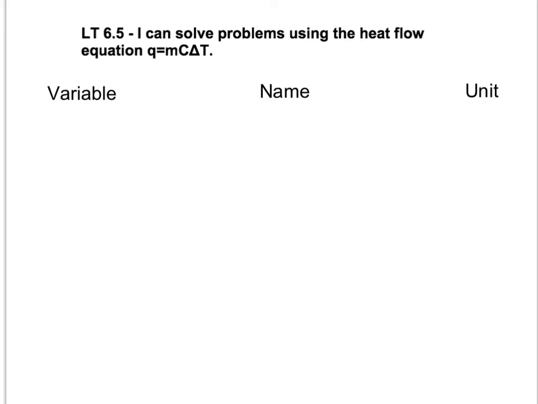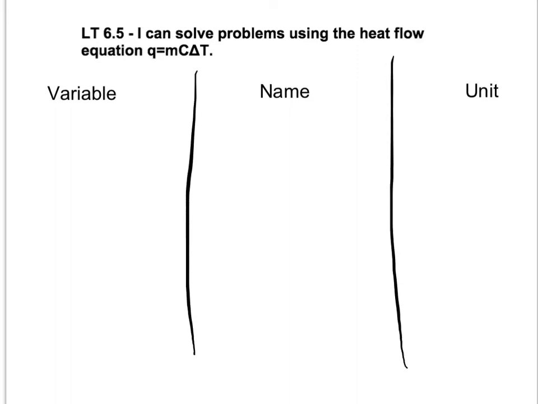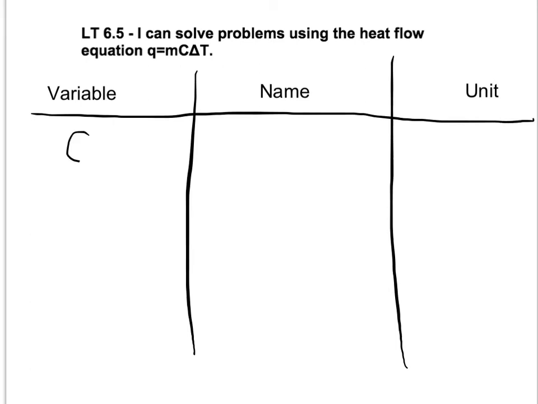We're reviewing Learning Target 6.5. I can solve problems using the heat flow equation Q equals mc delta T. So let's first start by defining our variables in this particular equation. The first variable is Q, which stands for heat, and the unit is the joule,